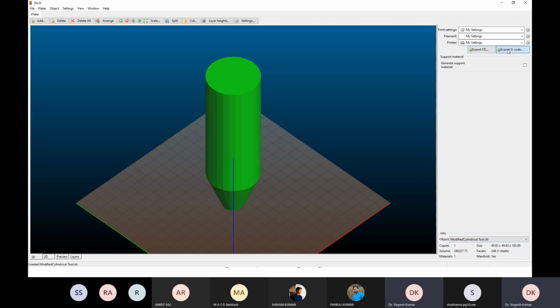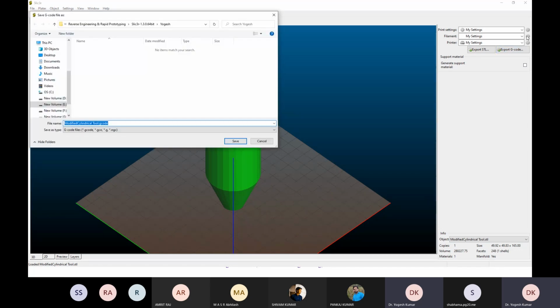Let me export the G code. This G code is your slice data based on your print setting, filament setting, and printer setting. Since this is without support, I will write modified without support structure.